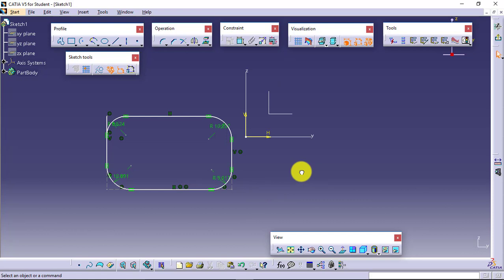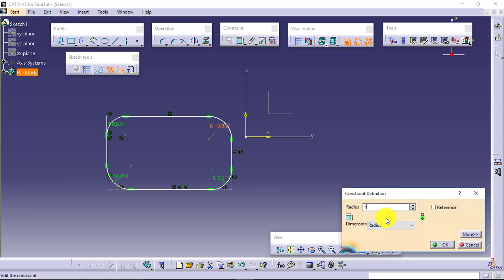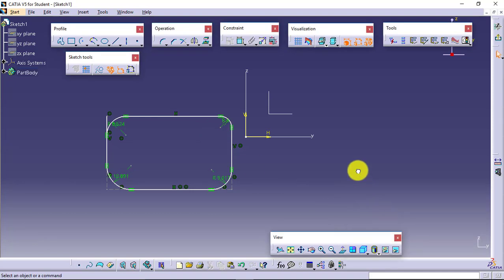So this is how the options will work, and whenever you want to modify the value of the radius, just double click on it and you will be able to modify it. Now you can see as I am applying the fillet, it is directly giving me the geometrical as well as dimensional constraints required. It has given me the radius value, and it has given the tangency with both the lines as well. I don't need to apply a separate constraint for that.